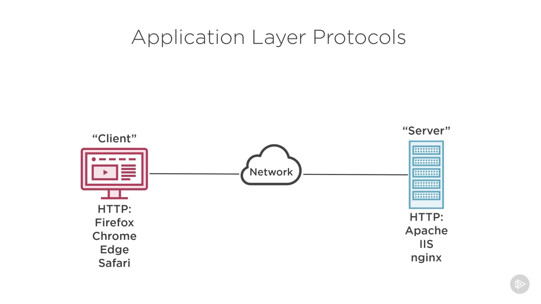So on the server side, the big popular software over there is either Apache, which I think is the #1 web server software out there. IIS is probably a close second. And then Nginx, which is another web server product. It's not quite as popular, but a lot of the big players that have massive websites are using Nginx as